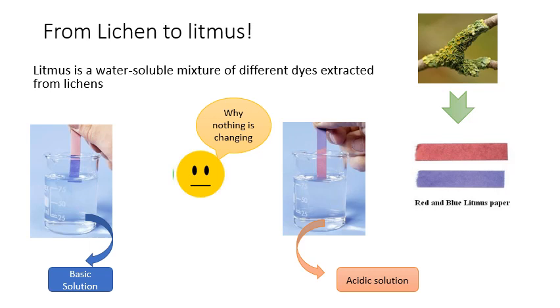But do you know there are some types of solutions which have absolutely no effect on litmus paper. Neither does the red litmus paper change to blue, nor does the blue litmus paper change to red, which means the solution is neither acidic nor basic. So what do we call such a solution? This time we call the solution neutral. No change in either litmus paper, red to blue or blue to red, is seen in this type of solution.